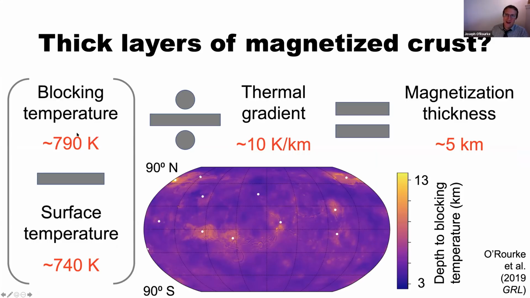Minerals like magnetite have Curie temperatures, or to be more technical, a blocking temperature, which is a bit lower than the Curie temperature, that are about 50 Kelvin above the surface temperature. So using representative thermal gradients in the crust of Venus, you can get about 5 kilometers down into Venus before you hit temperatures that are too hot for crustal magnetization. And so it's close, admittedly, it's close. If Venus was much hotter in the past, then it's possible that any remnant magnetization was just baked out of the crustal rocks.